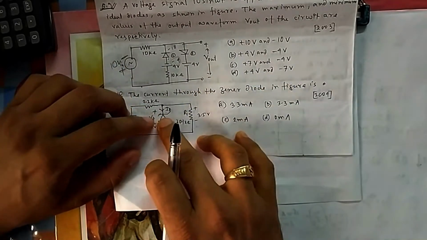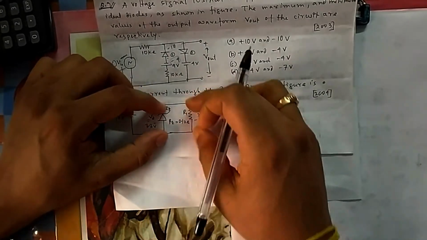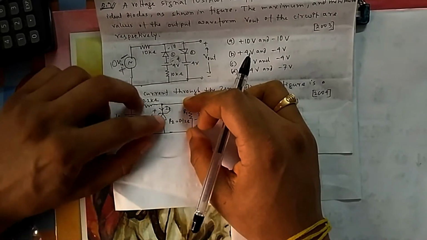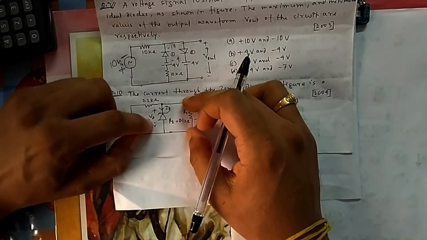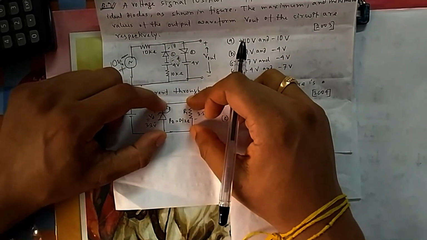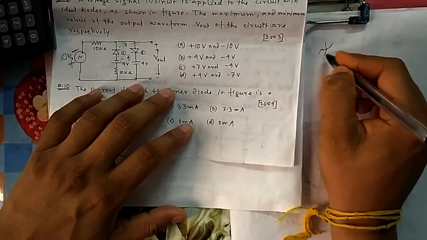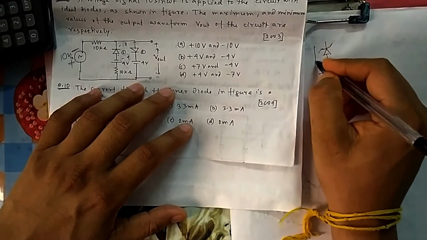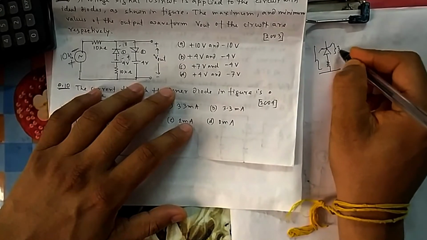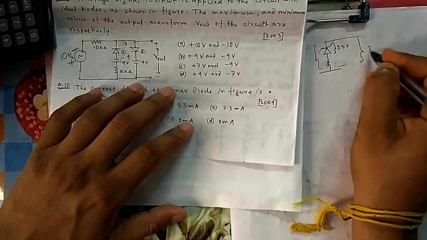Because it is a Zener, you could say the voltages should be equal. But inside the Zener there is a resistance, so there will be some drop. So that plus 3.3 should be equal to 3.5, you can see here. This Zener can be modeled as a Zener with a resistance inside, like I can take this one out. This voltage is 3.3, this you don't know, and across this it is 3.5.